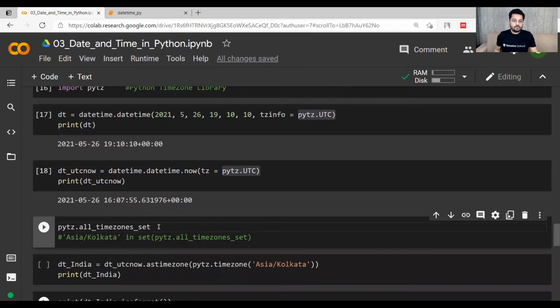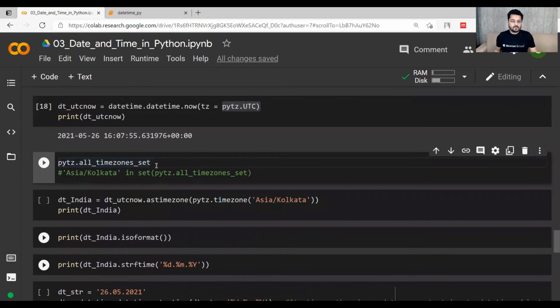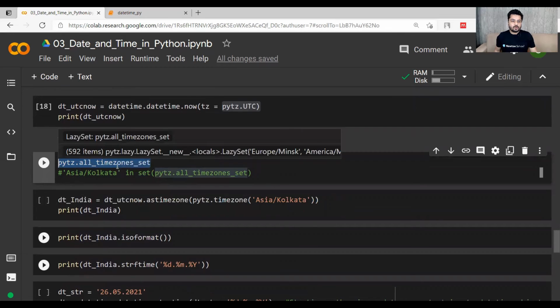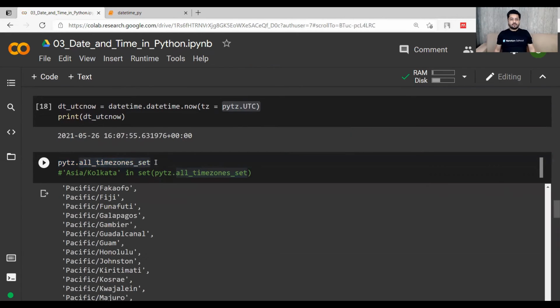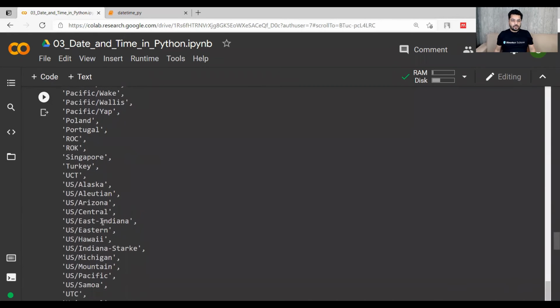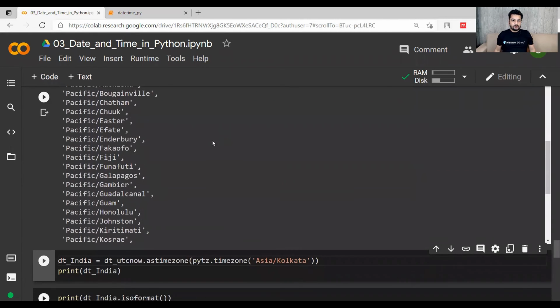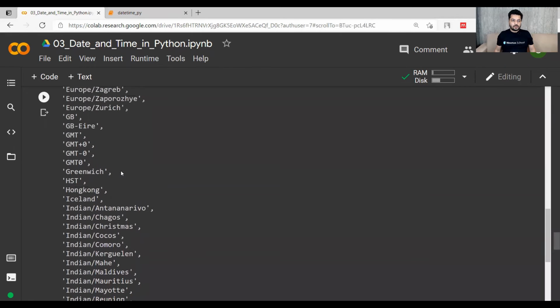If you want to get all the time zones and find the one that is the same as yours, you have to run this command, pytz.all_timezones_set. If you run this, you will get lots of time zones. Depending upon your continent, you can search for your time zone, right?